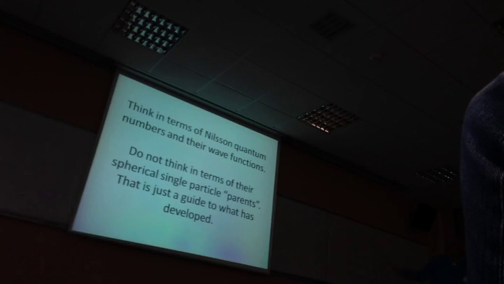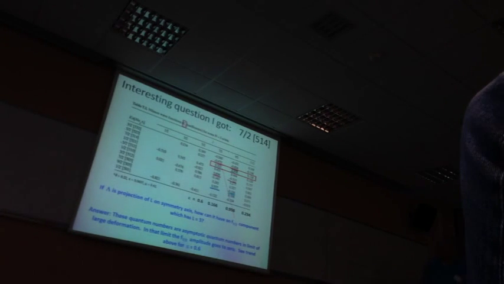All right, so this just says, think of the Nilsson model, don't think so much of the spherical parents. Okay, I got a very interesting question from someone at the back table, I think there. They were looking at this wave function, 7/2-[514], and lambda is the projection of the orbital angular momentum on the symmetry axis, and they asked how can it have